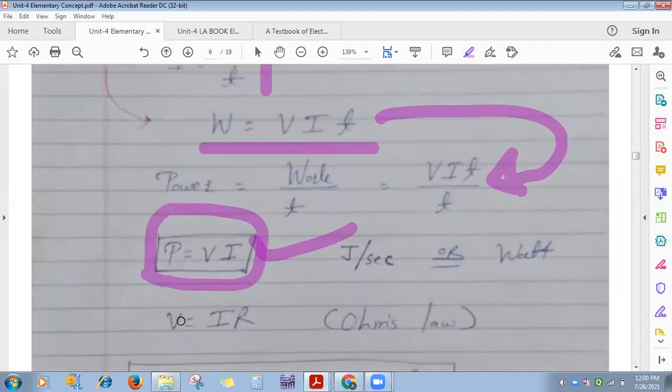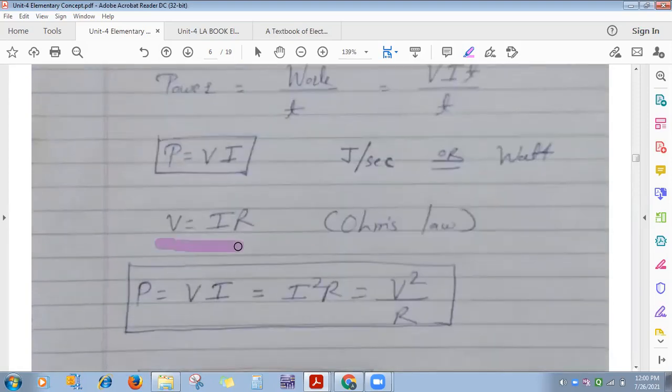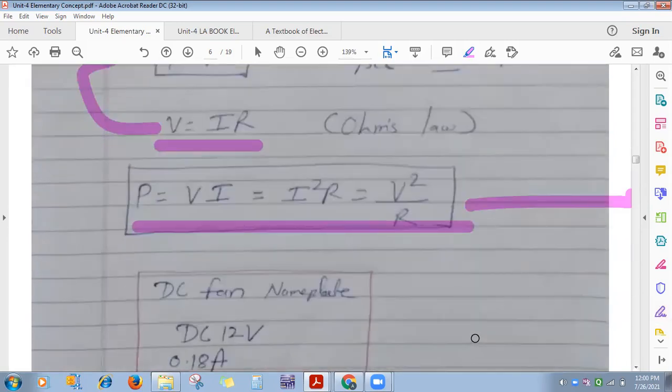And what is the formula of power in an AC circuit? VI cos phi. Very good, correct. If it is a DC circuit, VI, and if it is an AC circuit, VI cos phi. So for a DC circuit you will get V into I. You can write the unit as watt, or work done per unit time, so joule per second also you can use. And if it is a DC circuit, you can use V equals IR. If you put that here, then you will get power V into I, or I square R, or V square by R. This we have already seen in DC circuits, isn't it?